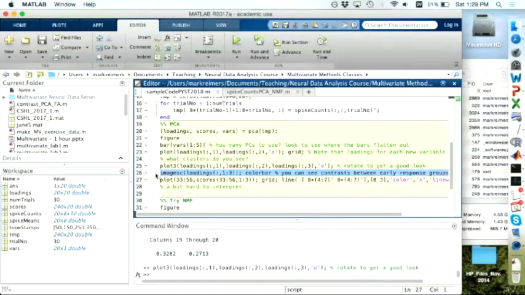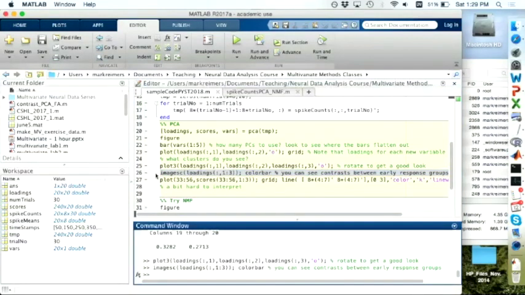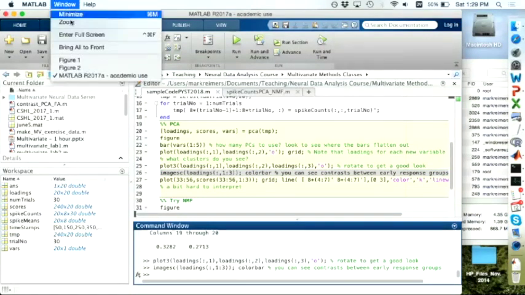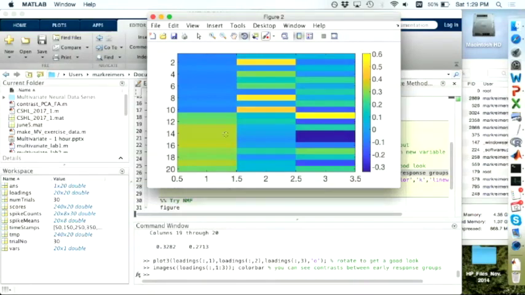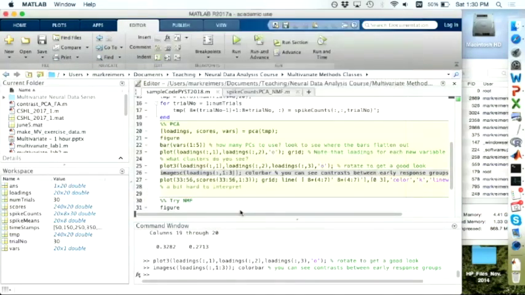So one thing we might look at is the images of the loadings, and we'll keep this for comparison later. So you can see that looks like principal component 1, which corresponds to a group of about 10 neurons. Principal component 2 corresponds to maybe 3. And then principal component 3 has some of the same alternation pattern, but looks like a bit of a mess. It's going to be really hard to make any sense of that.